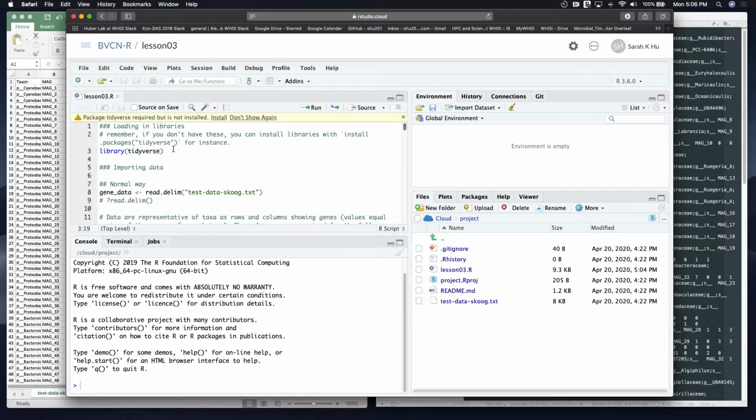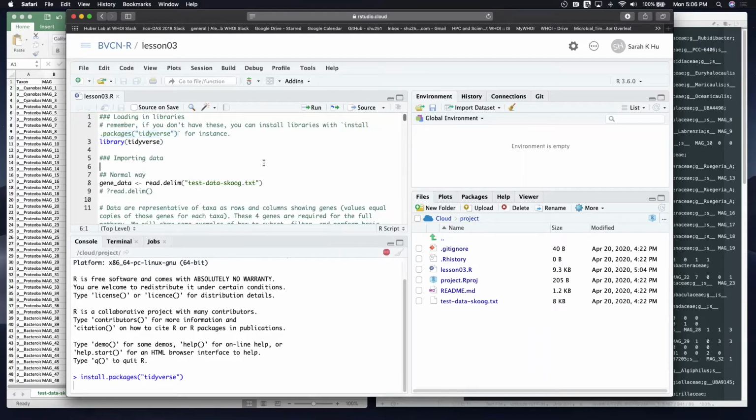But before we do this, there's a couple different ways to install packages. This makes it really easy because I'm going to hit install here in a second. But another way to install packages that's more common is to use the command install.packages and then in parentheses put tidyverse in quotes. So if you're working in R in a different format, this is probably the most common way to install a package. Right now I'm going to install this, and hopefully you'll see it's sending install.packages down to my console here. So that's going to take some time, and during this time I'm just going to introduce